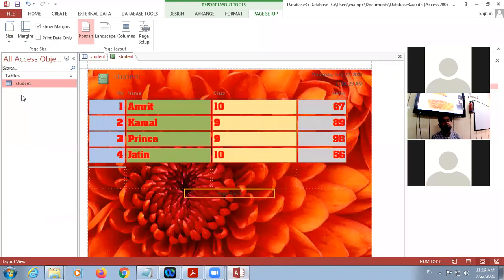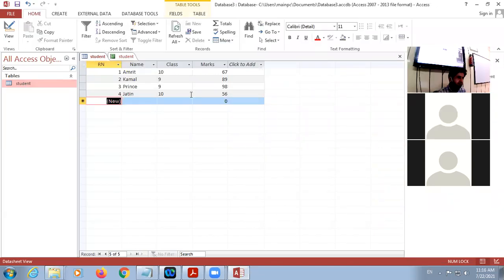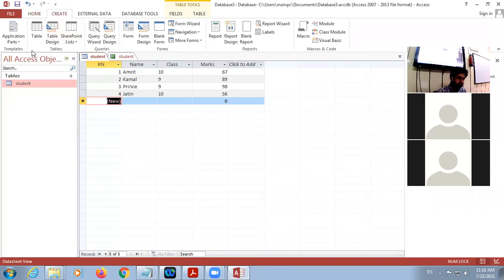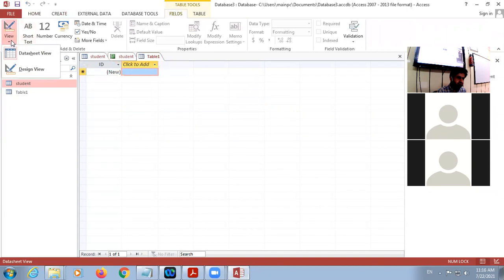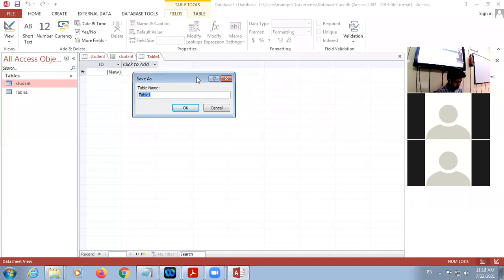I have one table, student. In this, I have name, class, and marks. So I'm going to create another table.